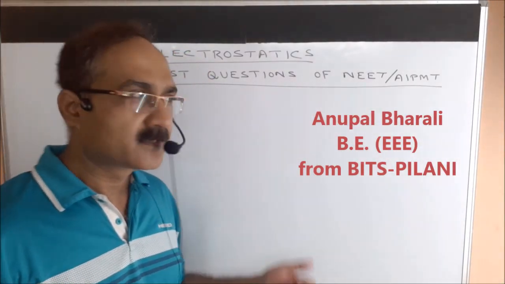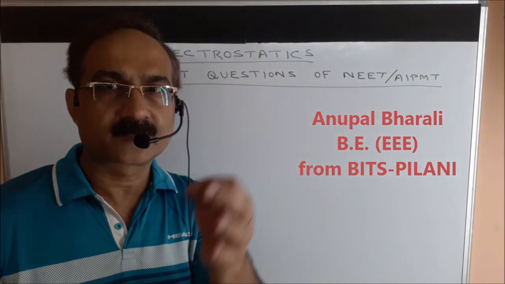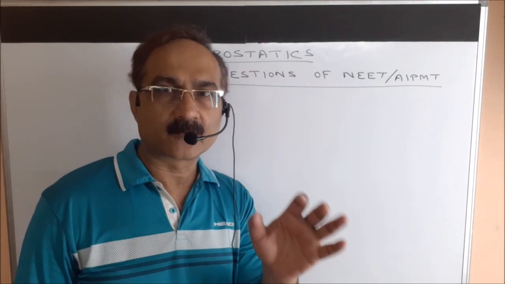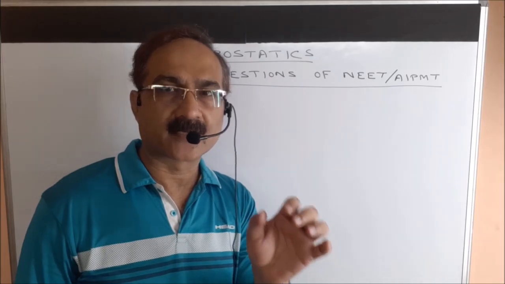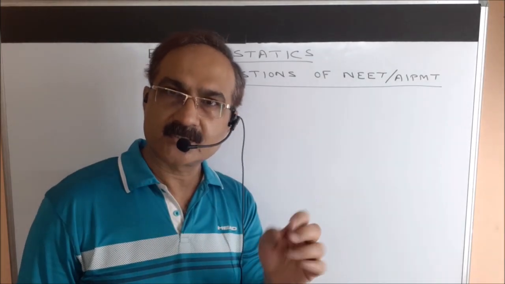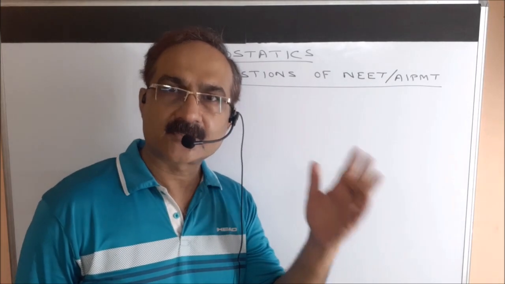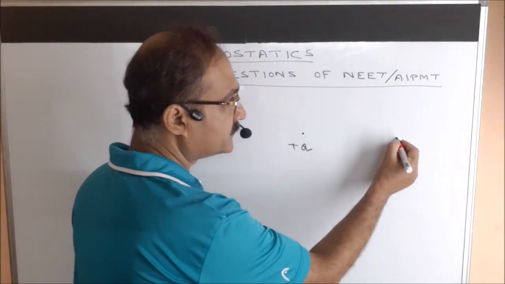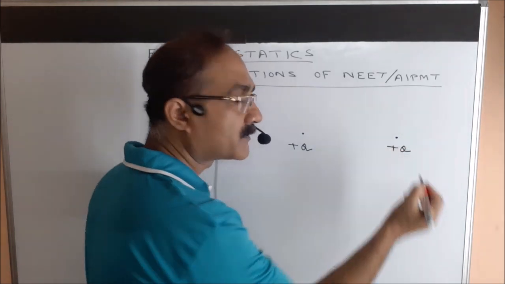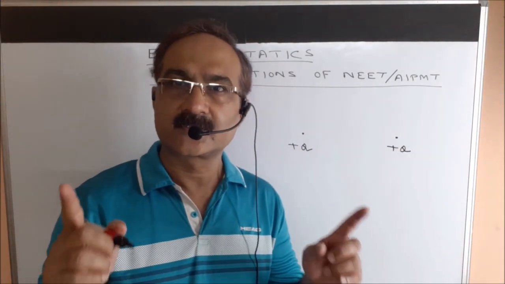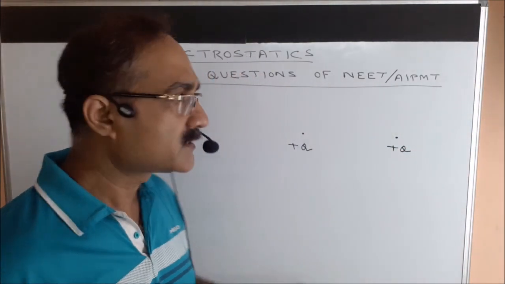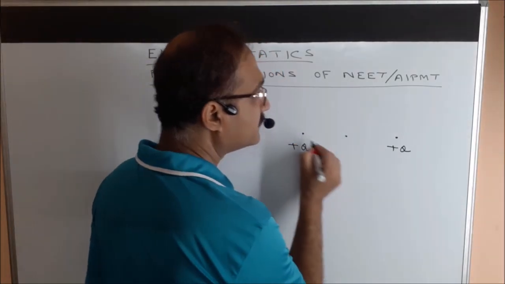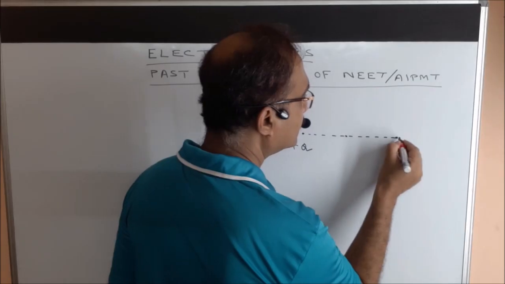The question says there are two equal positive charges. When you read the question, always give proper attention to each and every word. The question says two equal positive charges, so say +Q and again +Q. Equal positive charges. Then it says another charge is placed right at the middle of the line joining these two